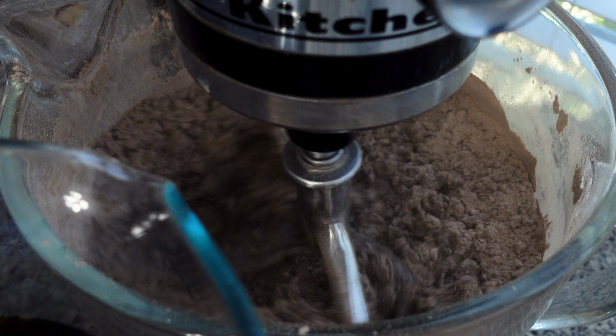Now I'm going to dump in all of those dry ingredients that we sifted together earlier. This is such an easy recipe, you guys. It is literally the best chocolate cupcake I've ever had, chocolate cake I've ever had. And I will never look for another recipe because this is it. I've made many cakes, cupcakes, everything with this recipe, and it never fails me. And it's so easy. So we get this started on low,